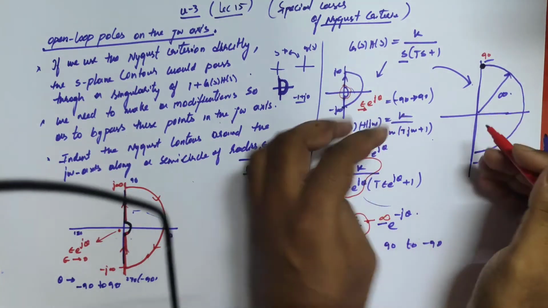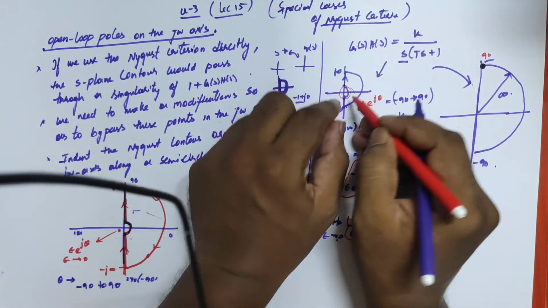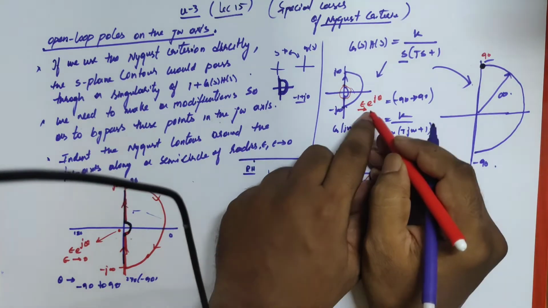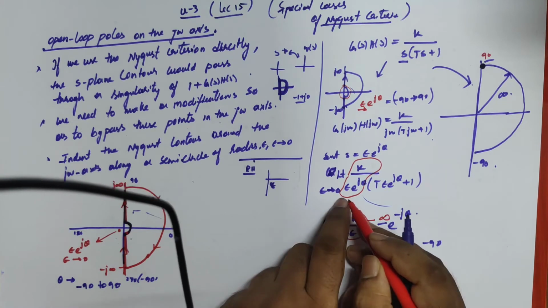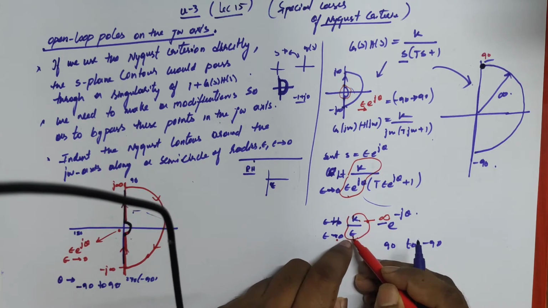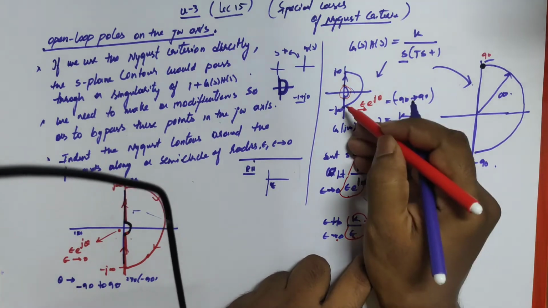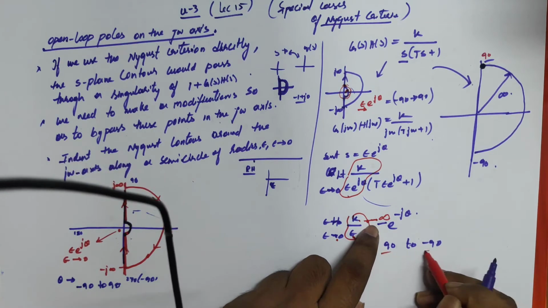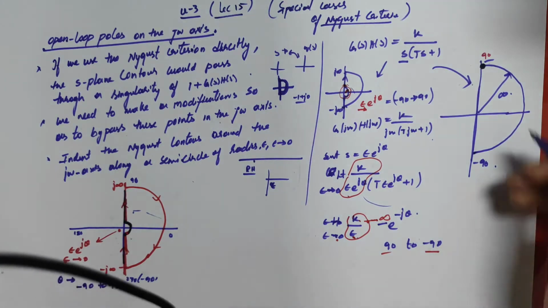So what I am telling is here, in this S-plane contour, if I am having any pole at origin, and if I want to plot these poles at origin, for mapping purpose, I am taking this as a function. In this function, if I substitute, as epsilon tends to 0, this whole function k by epsilon, k by 0, is infinite. So I am plotting that infinite magnitude, and the angle is varying from minus 90 to plus 90. Here it will vary from plus 90 to minus 90. That means I'll get a semicircle of large radius. Okay, so this is what it is.